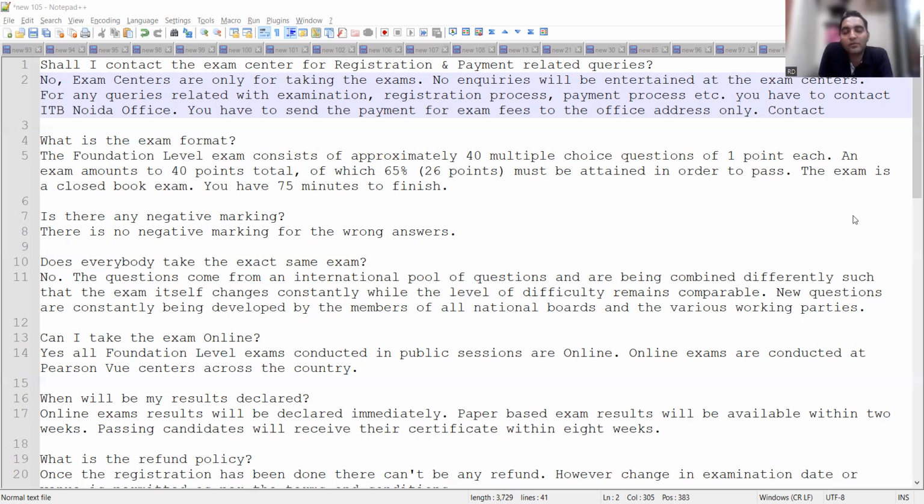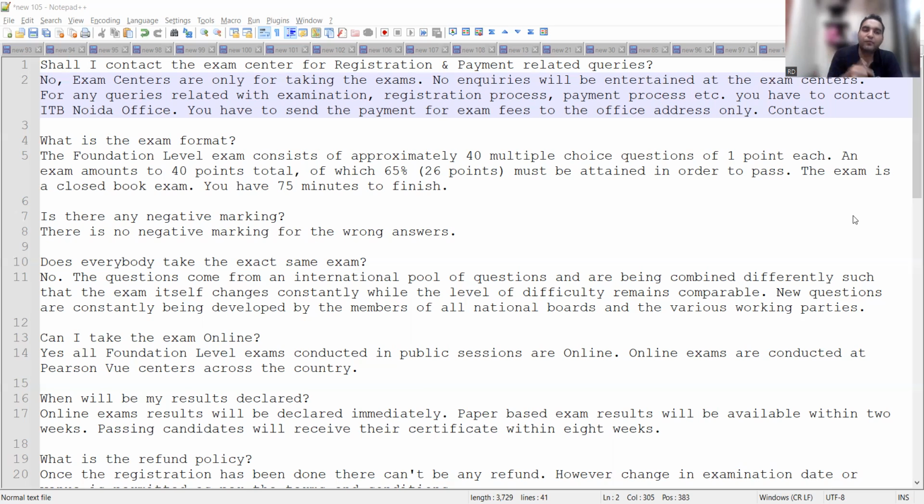So what I would suggest is, one part of your strategy should be that you try giving some mock papers of ISTQB that you will get from Google only. You should try giving them in that particular time slot when you have scheduled your exam, right? So you will get trained, your mind will get into the habit of writing the exam during that particular time period, right? So that is one of the strategies that I adopted. Same you should also do, if you want to clear this exam in the first attempt.